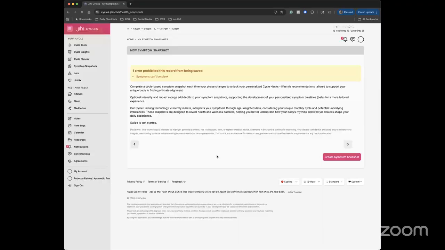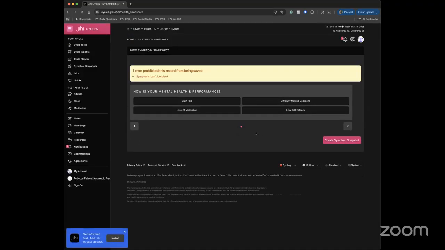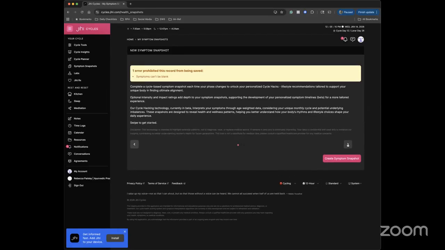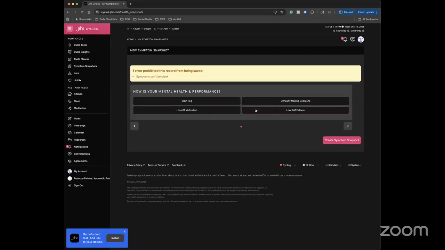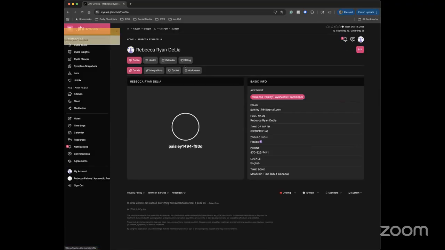So for today, oh, I have to put something in. Here we go. So you'll start here, right? And then you'll hit the little arrow and you'll click if you're having any of these symptoms. Then click the arrow, click this if you're having it, create symptom snapshot, right? And then we'll go back to account,